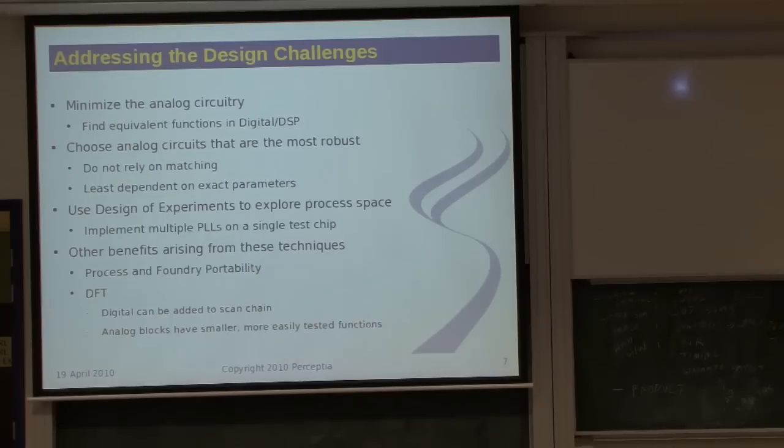So, to address some of these challenges I've talked about, we actually want to minimize the amount of analog circuitry, because the transistors in these technologies really are pretty horrible to work with. You can make them do digital functions because there are only two levels that we actually care about the signal being in. If we're trying to do analog stuff, then it's got to have nice clean gain curves and the like. So we're trying to do as much digital as we can. So if I go back one page,